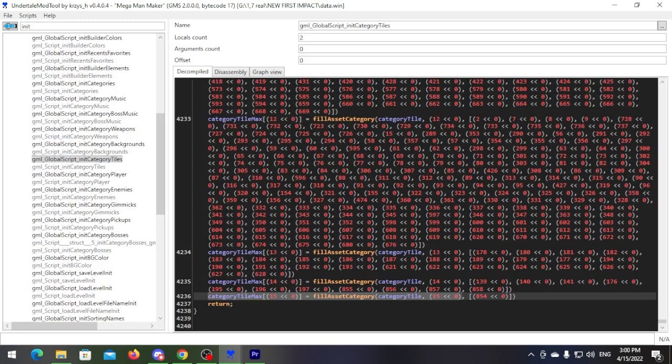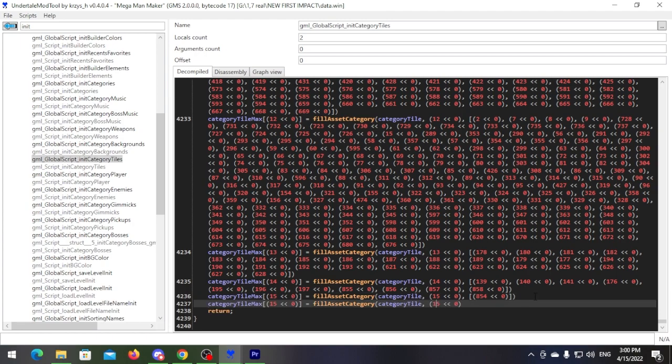This literally just says that this is category number 15. If you copy this and make another space here and make this 16, and make this 16, that means we already added the category. Now to add